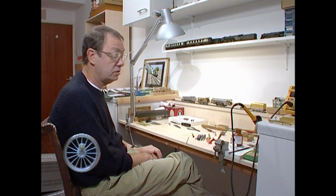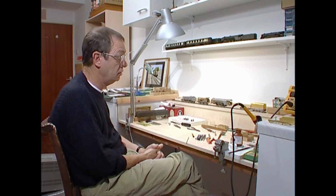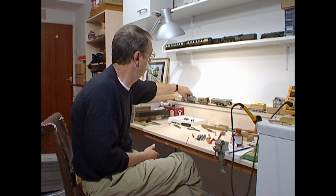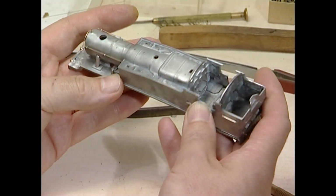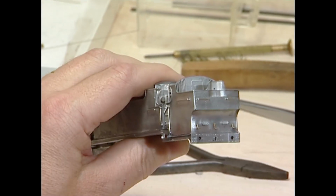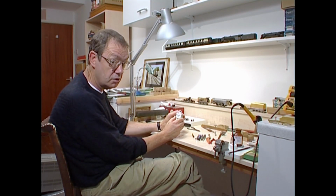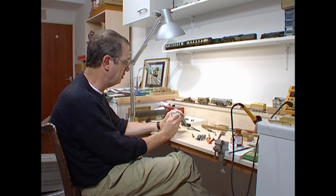The models have moved on considerably, although everything that's been done has been covered, at least in part, before. Great Western 262 is certainly taking on the shape of this locomotive. One of the things that I have mentioned are the lamp brackets on Great Western locomotives. Now, in the past, this would have been considered super detailing, but such is the standard now that in fact